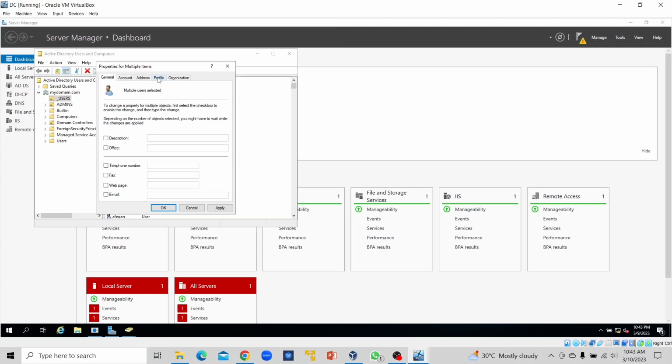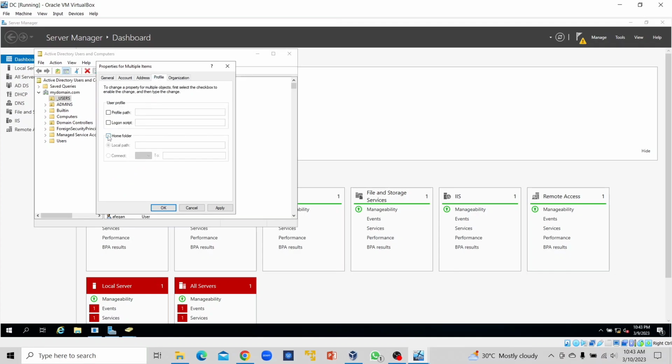We'll select profile. We'll click on home folder. You'll notice local path here and connect. So we select connect, and we are required to select the drive letter that we want. We are going to leave it as the default of Z. And here we are expected to input our folder path, which is